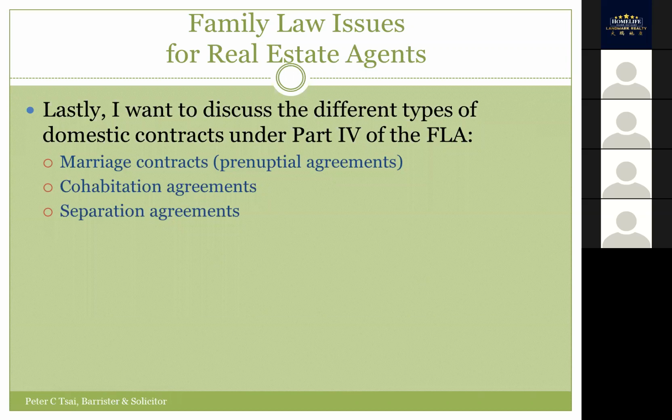Cohabitation agreements can deal with the same issues as the marriage contract. A cohabitation agreement is usually done when the couple is married, but they're not separated. You can spell out stuff dealing with finances, for example, that all the bank accounts, investments, and properties of the wife will remain the property of the wife, and the same thing with the husband, that all the assets of the husband will remain the assets of the husband. This is taking place during the marriage. It's called a cohabitation agreement.